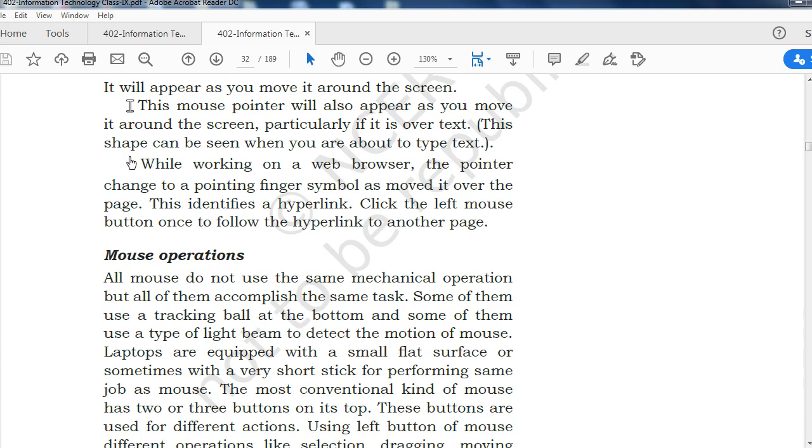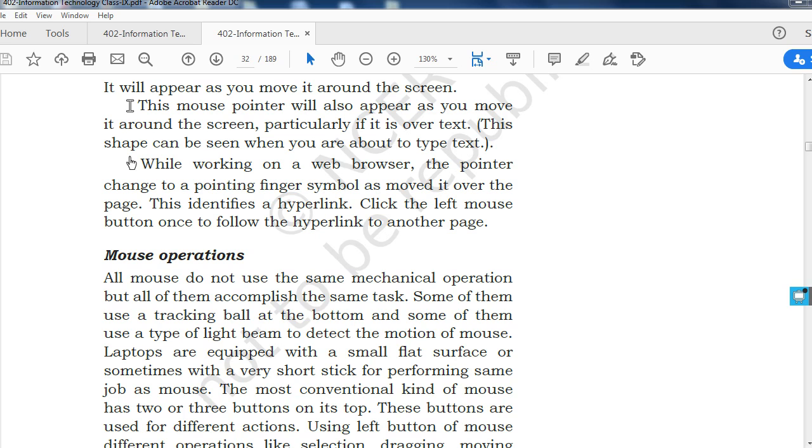This mouse pointer will also appear as you move it around the screen, particularly if it is over text. As you can see here, this is the mouse pointer. This shape can be seen when you are about to type text.